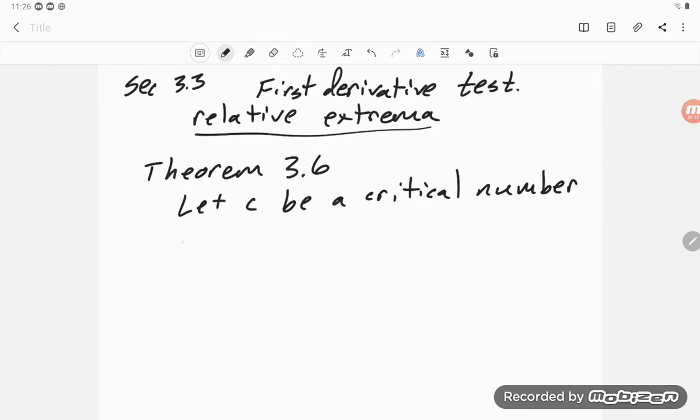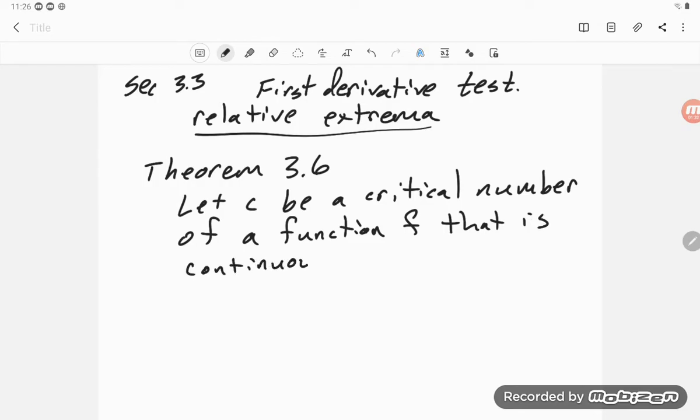So it's a critical number of a function f. And notice that they say f is continuous. So you're not going to have any critical numbers due to discontinuities in using this theorem,